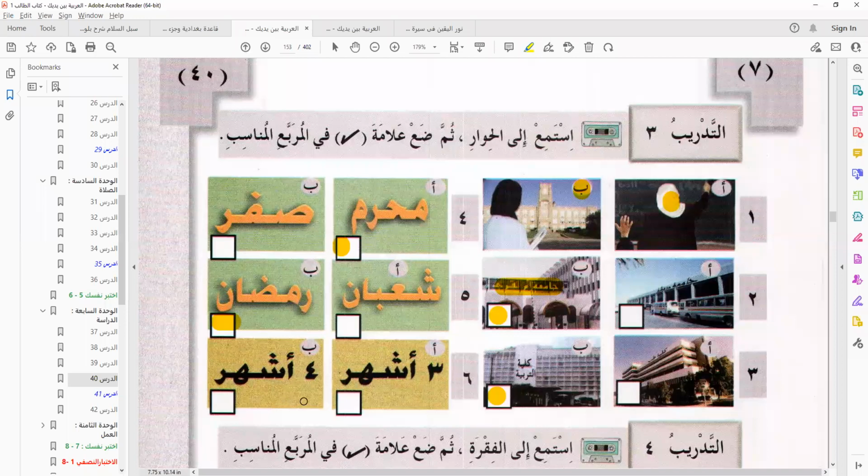So this is 3. ثلاثة. Okay. أشهر. 3 أشهر. So this is it. Okay.